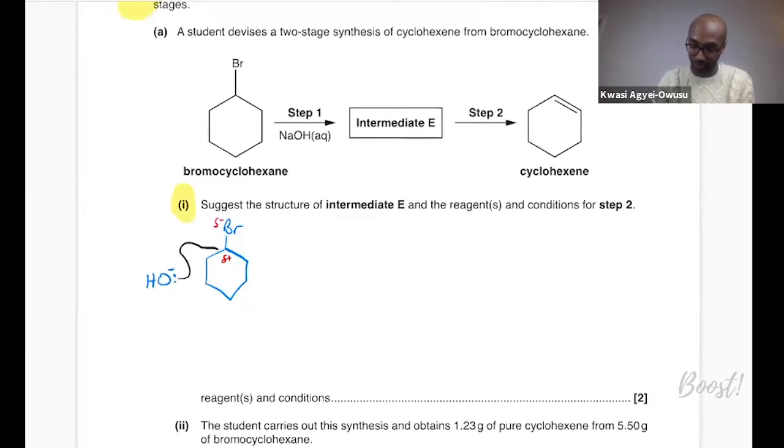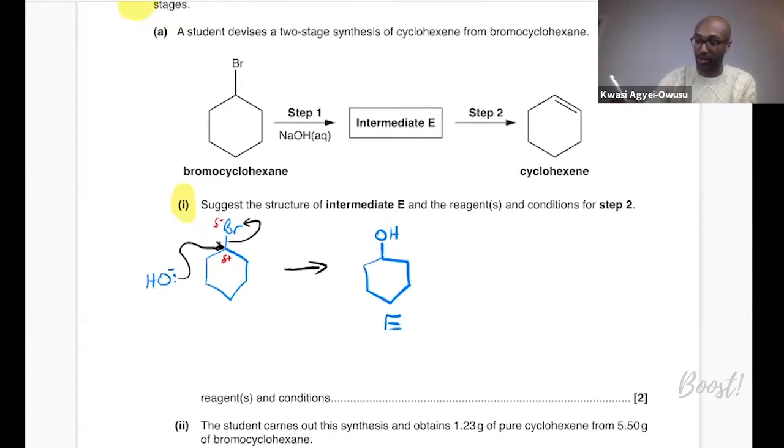Perhaps let's show the arrowhead properly, ending at the correct spot. There we go. And you've got that electron deficient carbon with the delta plus being attacked by the lone pair of the hydroxide ion, and the bonding pair in the C-Br bond are of course repelled onto the bromine atom, and you're going to end up with your intermediate. Your intermediate is of course cyclohexanol. We draw that there. So that is intermediate E shown there, and we've gone a bit further than we were required to, but